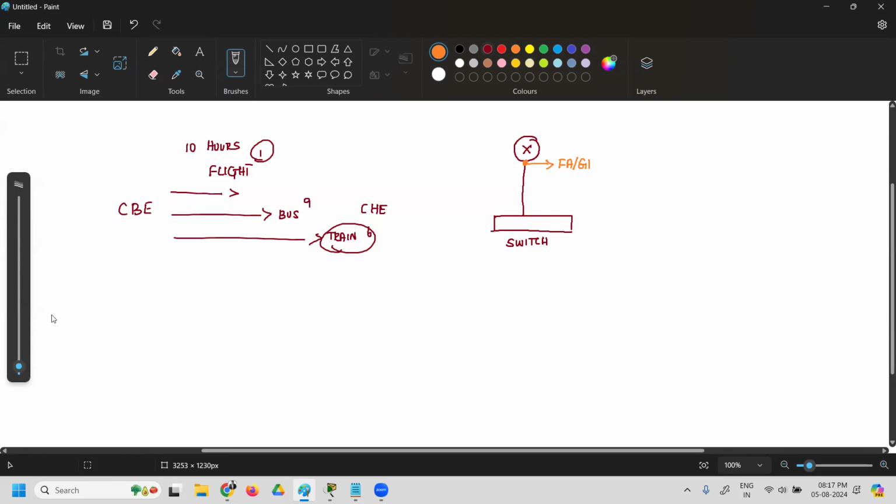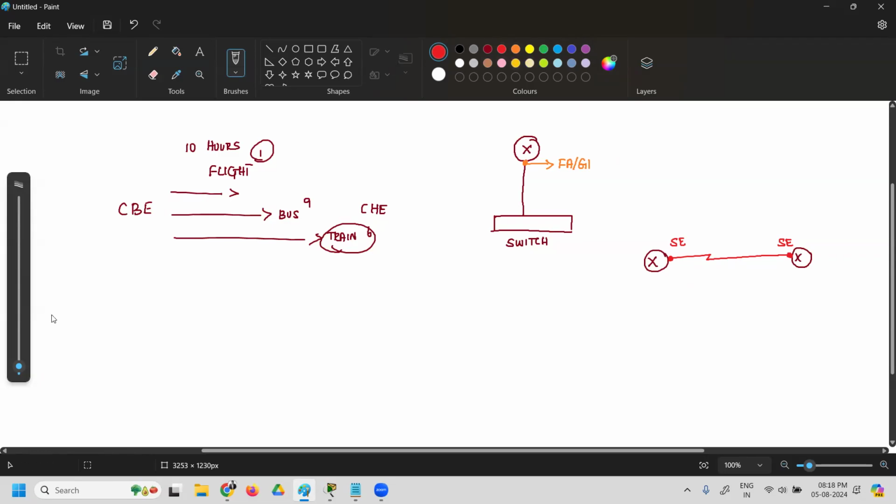Now let's say you have two routers. If you are going to connect two routers, then you use the serial interface on both routers. Serial interfaces are used only to connect similar devices, that is two routers. When you connect router with a different device, you will use fast Ethernet or gigabit.